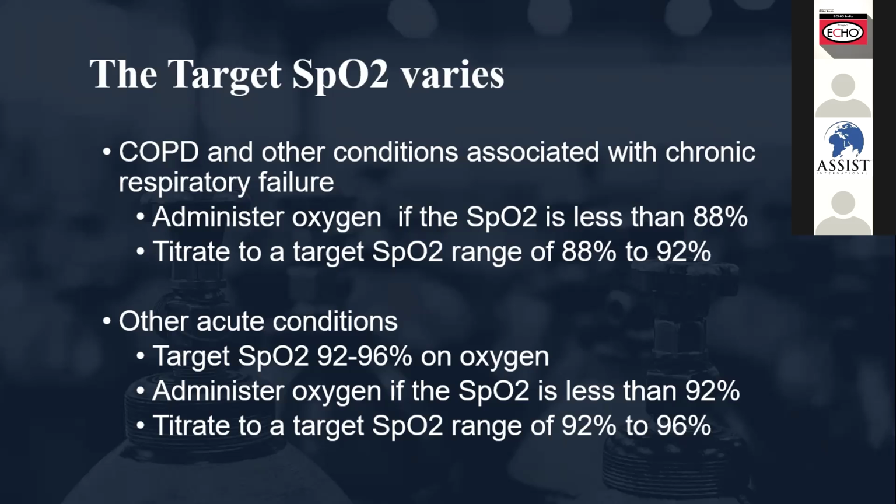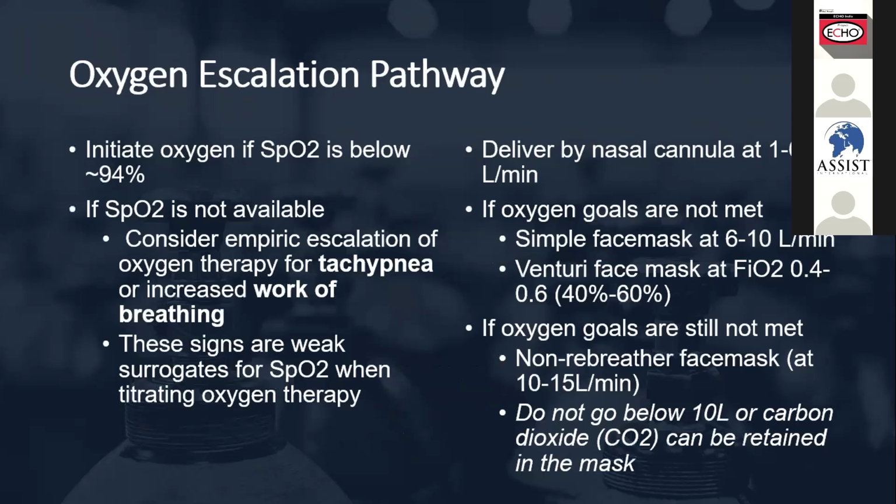Next, we are still on our oxygen escalation pathway. Okay, so as I said previously, on this escalation pathway, we initiate the oxygen if SpO2 is below 94. If the SpO2 is not available, it means we don't have a pulse oximeter, so we will consider empiric escalation of oxygen therapy for tachypnea or increased work of breathing. If you don't have values of SpO2, just use your clinical judgment to make a decision so that you can